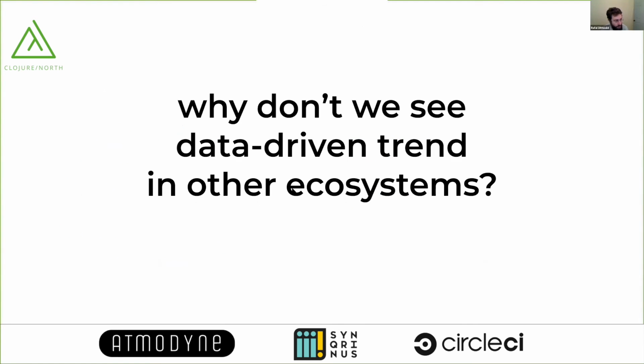So almost done with my intro here. Why don't we see this in other ecosystems? We see a little bit, like JSON Schema and the surrounding ecosystem tends to be doing some interesting things. Vega is an example of a data-driven language for describing graphs in a declarative way. So there are little inklings of it, but not as much as I would have imagined given the benefits of data-driven